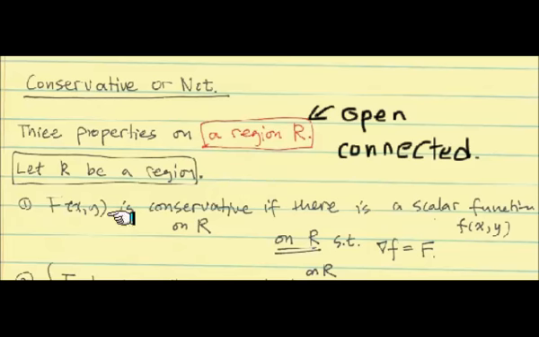So when we say the vector field is conservative, there is a scalar function defined on R, I circled it, because on R is the important part. This whole thing is relative to this R, such that on that R, everywhere, the gradient of the function realizes the vector field. So when we say conservative, we don't just say conservative, it's conservative on R. Always remember this: conservative on R. So that's the conservative property.